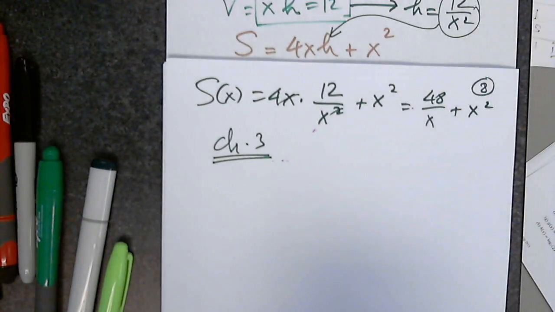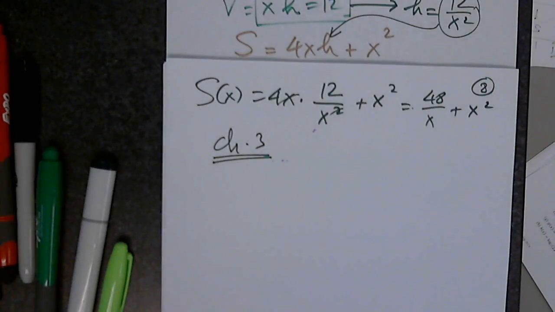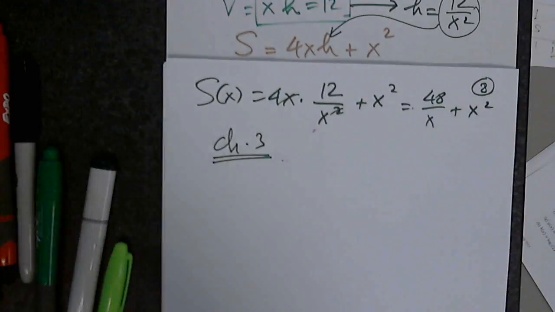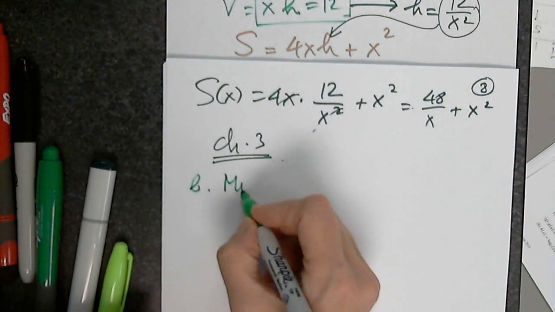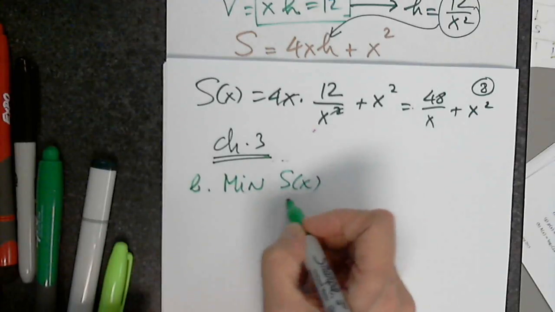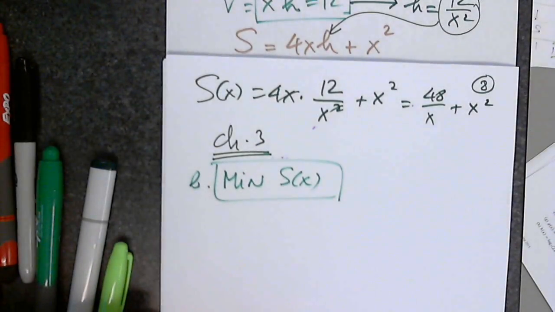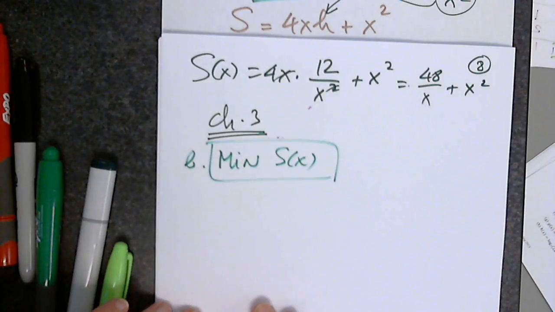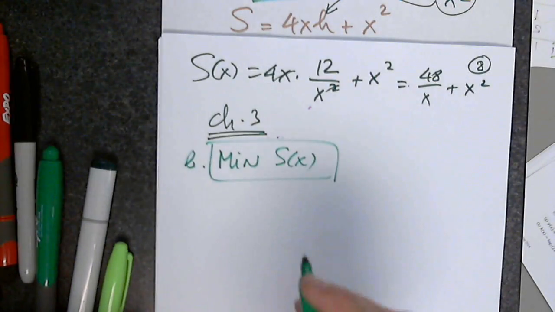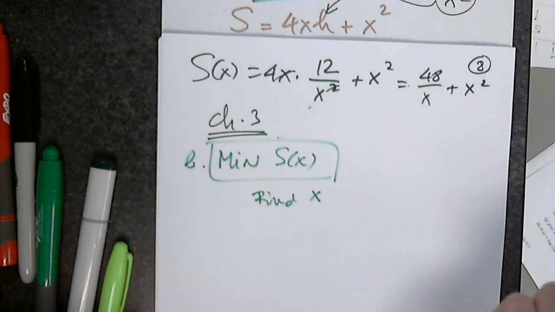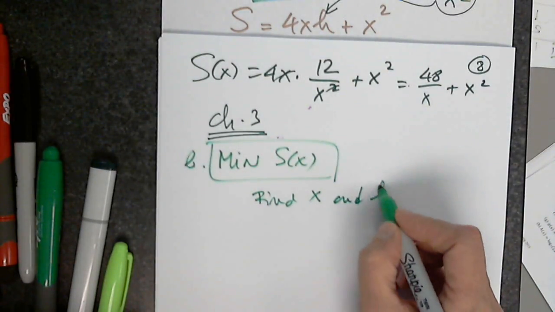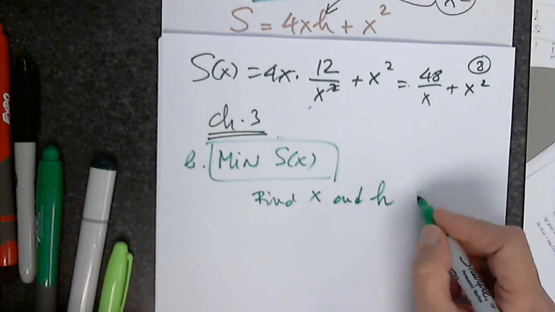And I have the function that gives me the surface area. So basically in part B, I'm asked to minimize S of x. So just find the minimum of the problem. Find x, which is the dimension of the base, and the height, such that